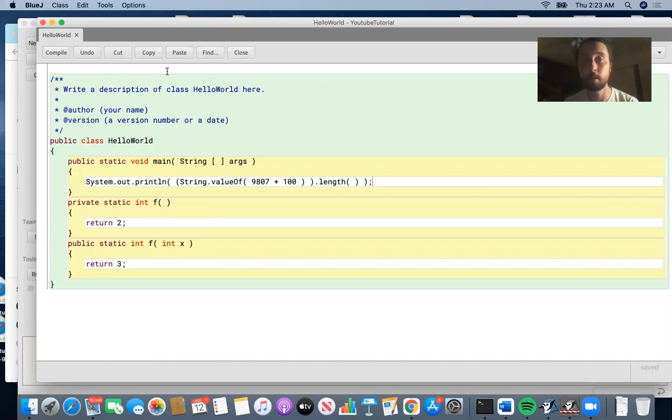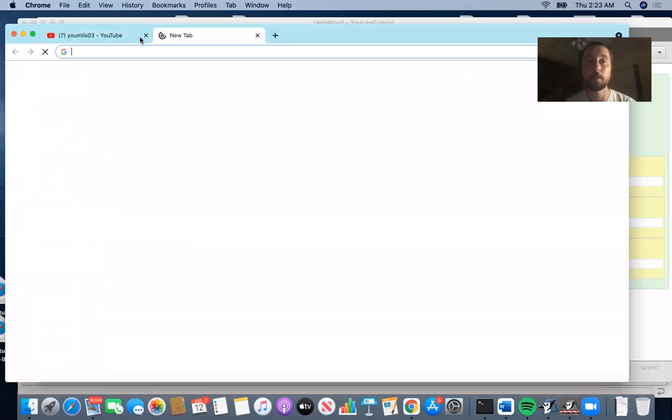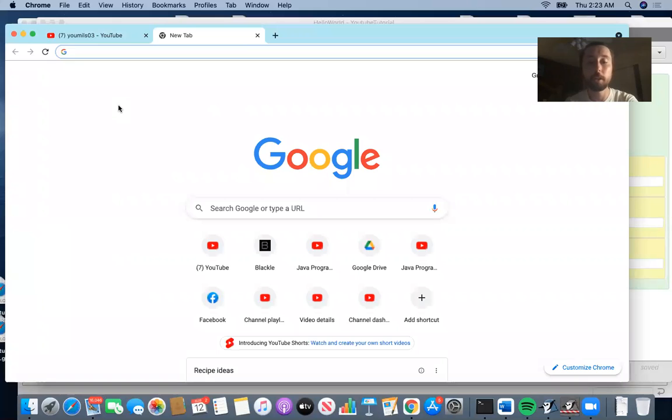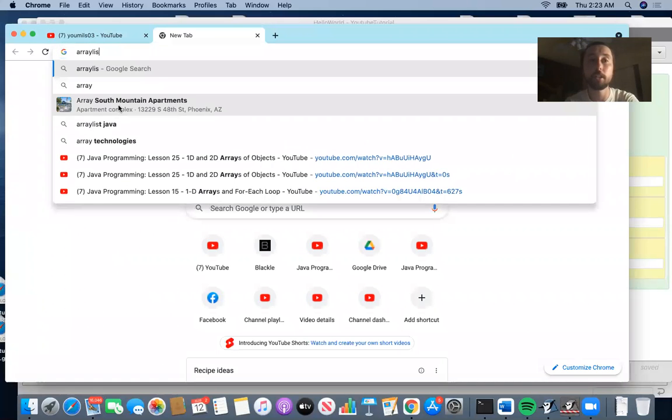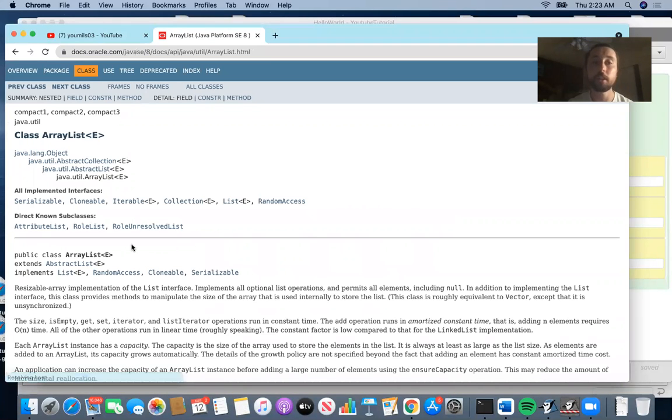We're going to be outside of the person stuff just for one more lesson. And the first thing we need to do is import something. So we've talked about a lot of special classes in Java. We've talked about string, scanner, math, integer, double, Boolean, and character. So 7 critical classes in Java, and there's going to be another one that we need to be looking at here. So what we're going to do is we're going to go to ArrayList Java API. So go ahead and pull that up on your search engine,